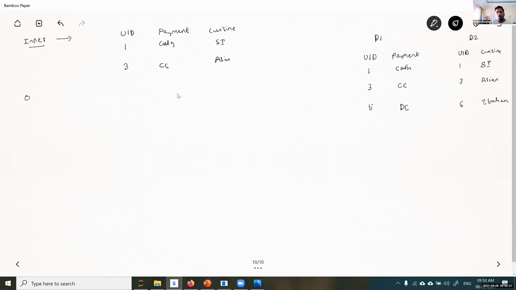And if you go for outer join, what is the output? The outer join will take the union of all the user IDs. This is the index column, or it's also called keys. 1, 3, 5, and 6. All the 4 will come.